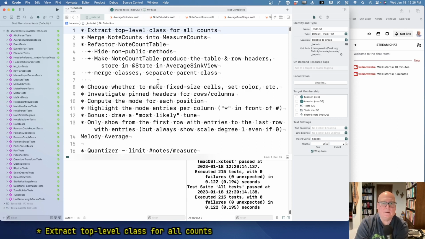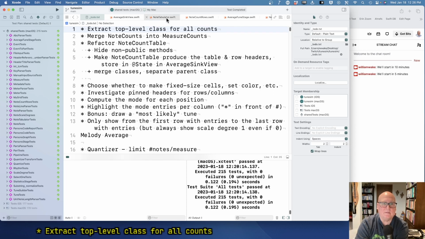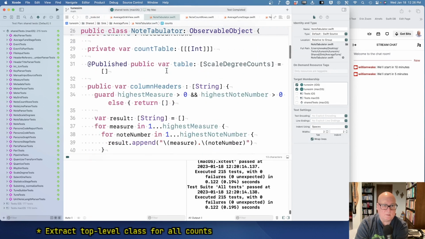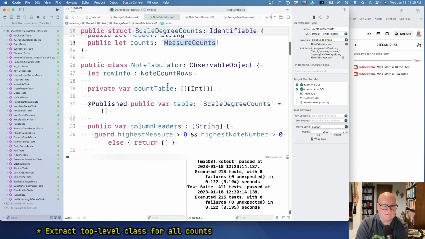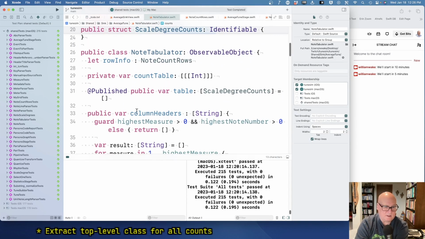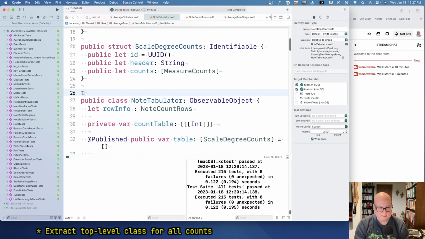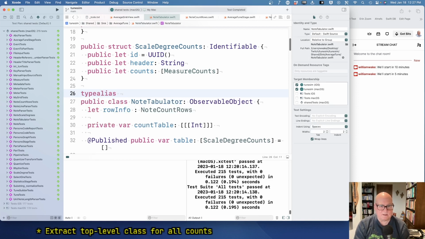Okay. Note tabulator. And I think we'll pull these into their own file at some point too. All right, so what we're trying to do is turn this into a class. Now, is this worth type aliasing? Make a small step like this. So type alias,